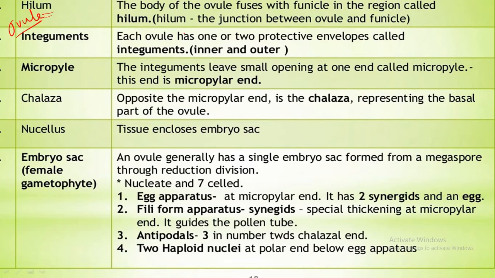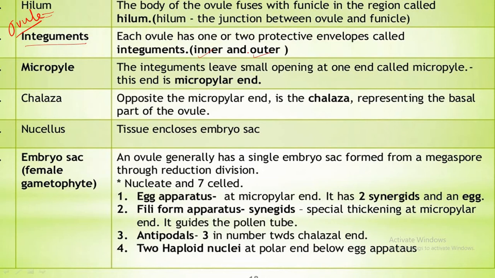Each ovule has 1 or 2 protective envelopes which are called integuments. The inner protective envelope is known as inner integument, and the outer protective envelope is known as outer integument,